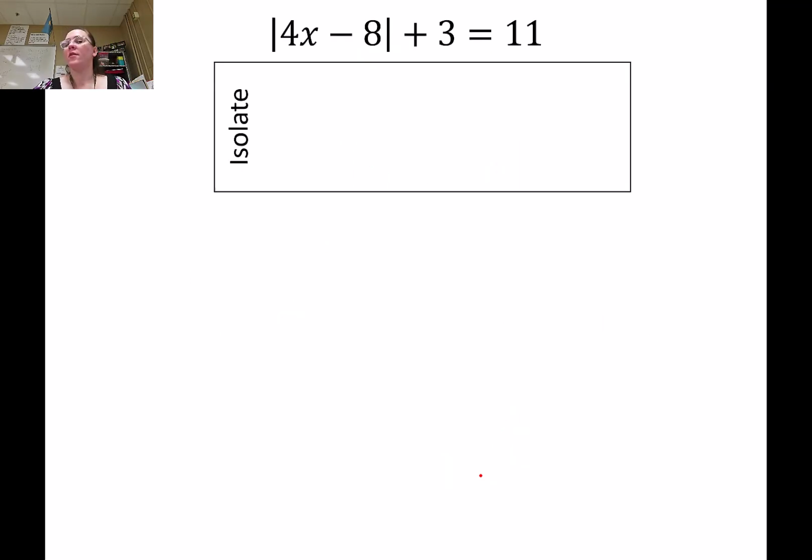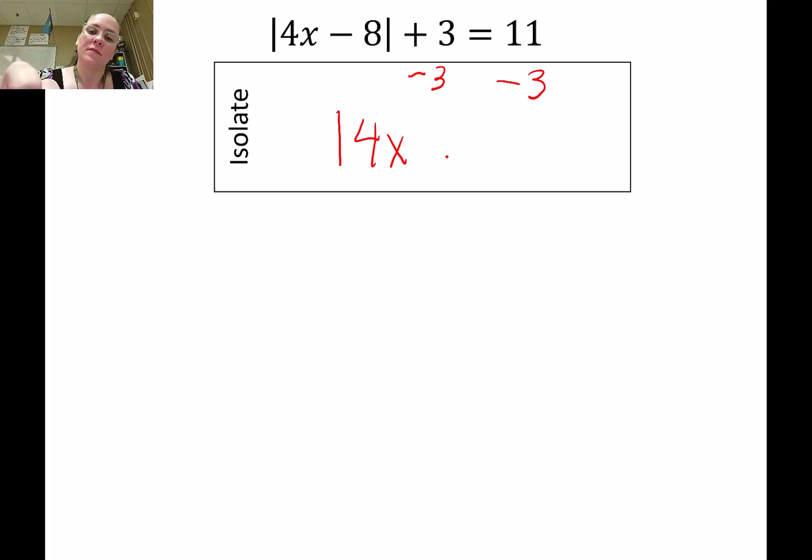All right, so let's look at another one. I've got the absolute value of 4x minus 8, plus 3, equals 11. So the absolute value is not by itself, so I'm going to have to get it by itself. So first thing I want to do is subtract 3, because the 3 is adding to the absolute value. And I get the absolute value of 4x